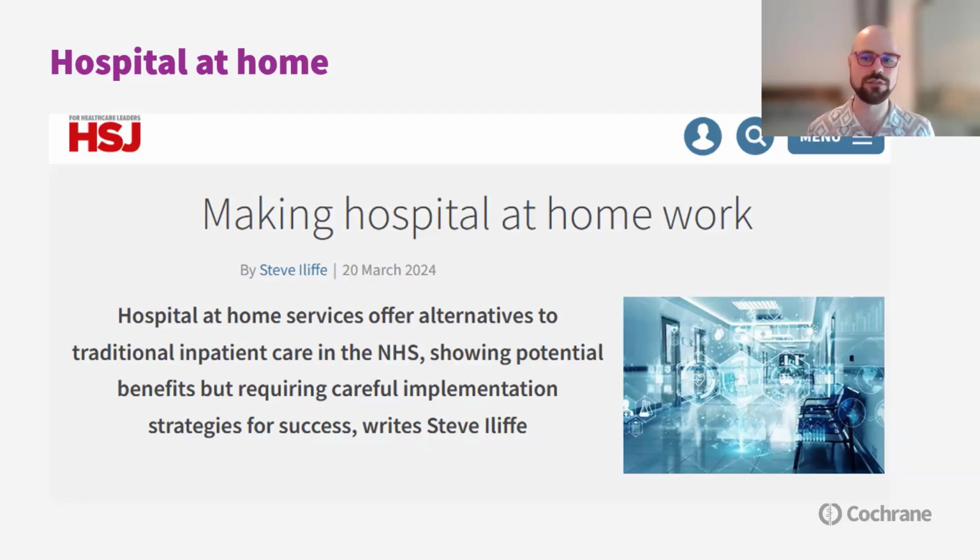We knew that this review was going to be of most interest to and most impactful for the people responsible for actually implementing these initiatives. So we worked with one of the review authors to distill the review's findings into a comment piece with key messages aimed directly at healthcare leaders and decision makers. And that was then published in the Health Service Journal to reach that audience.